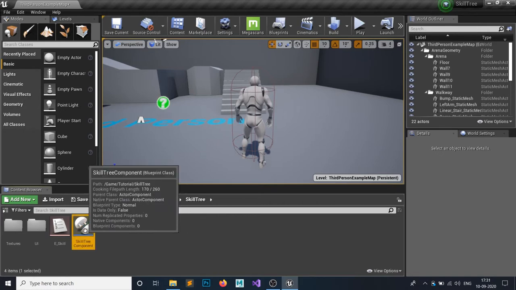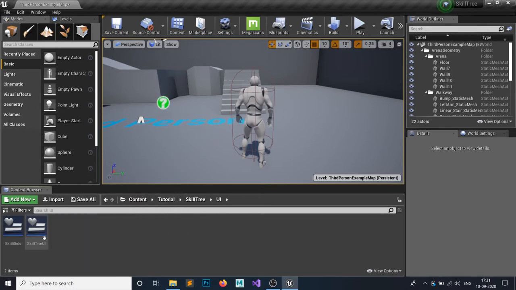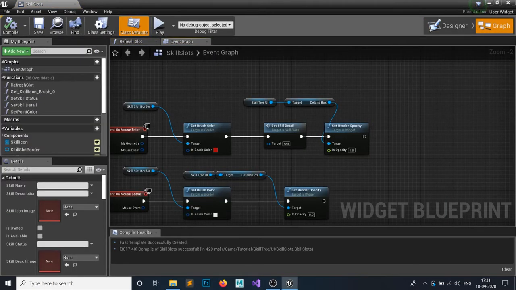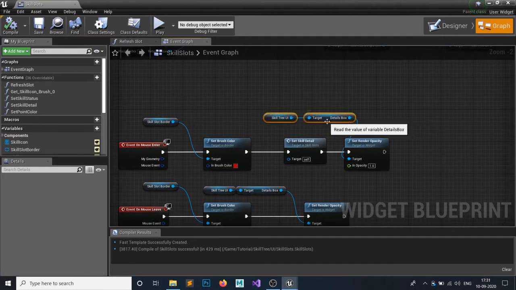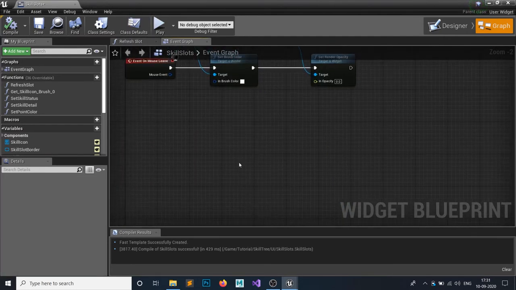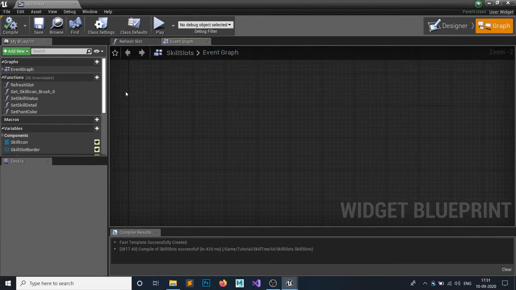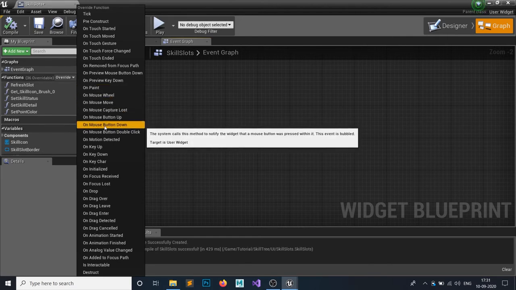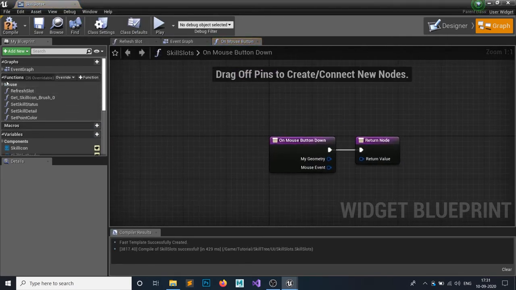So let's first open our skill slot, in the graph. Inside here you can see this function called override. Just click on it and you can see this mouse button down. This will detect your mouse button click.